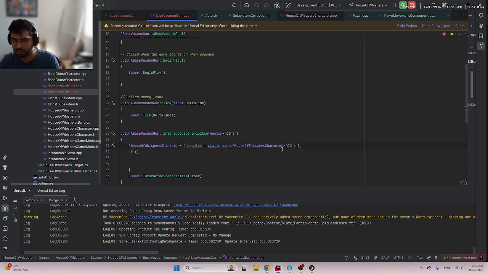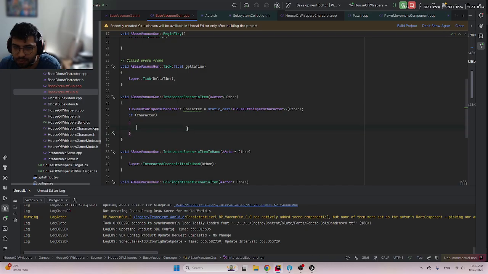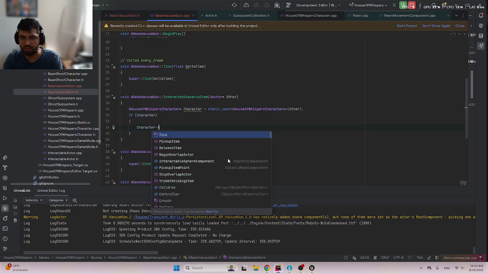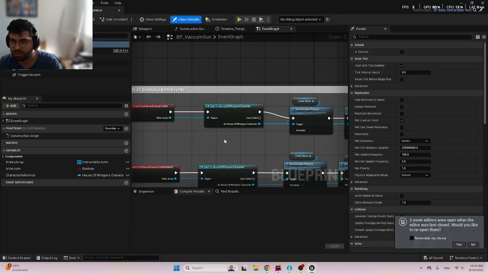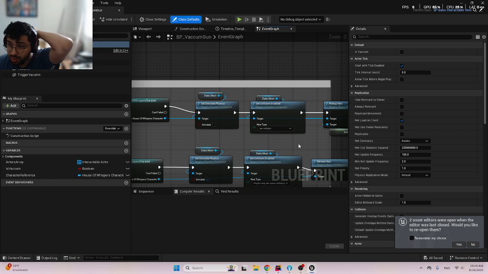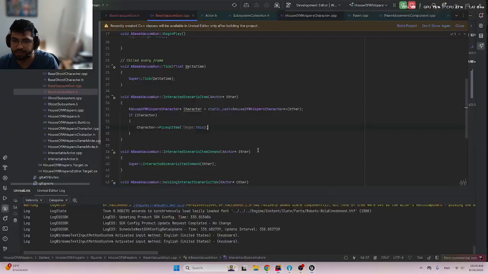Specify type. Probably need to be a... Yeah. And now I see if this succeeds, and if it succeeds I will call character pickup item and I pass this in the target. So yeah,